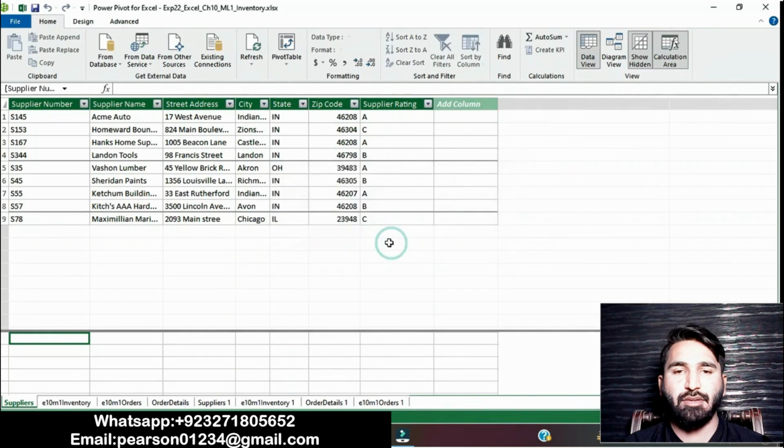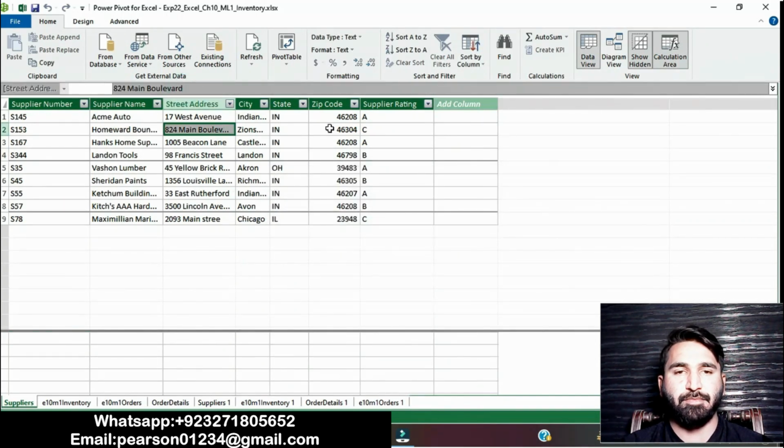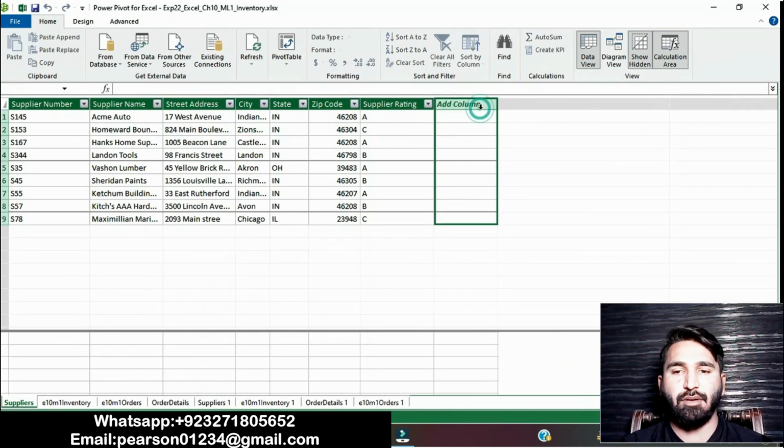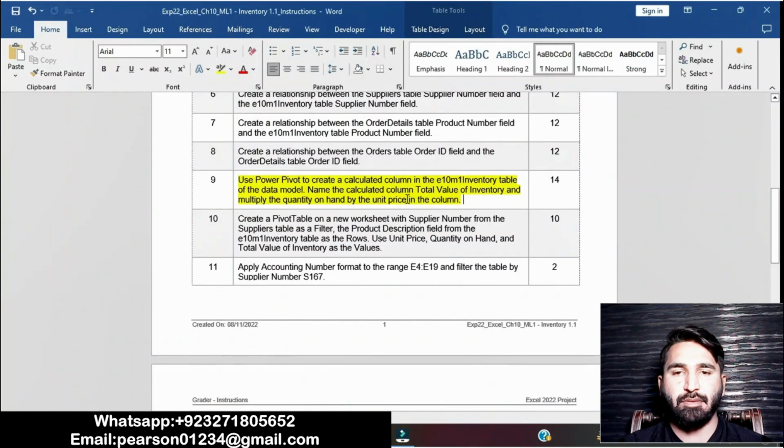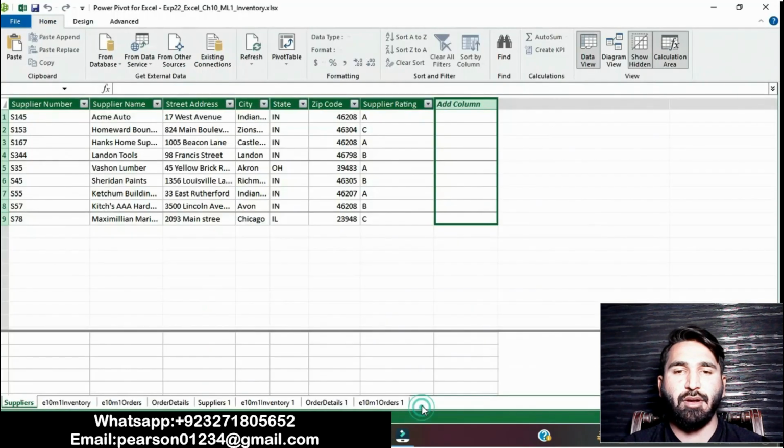The table has already been added. You can add columns. Create a calculated column, total value of inventory, and multiply the quantity on hand by the unit price.